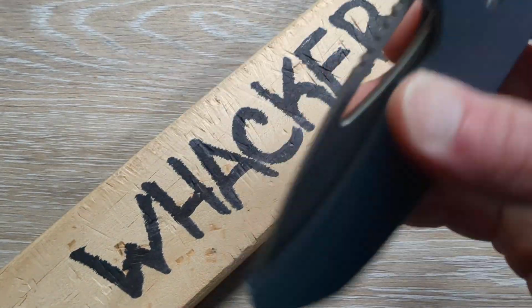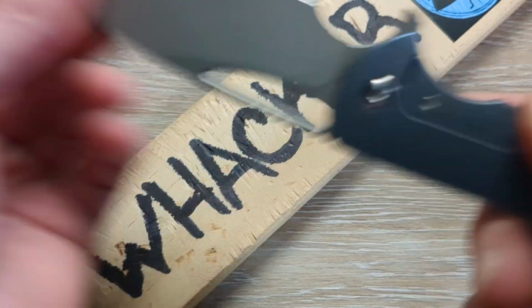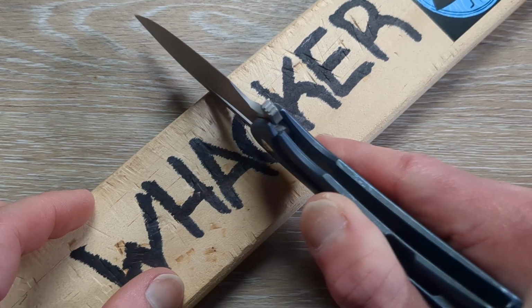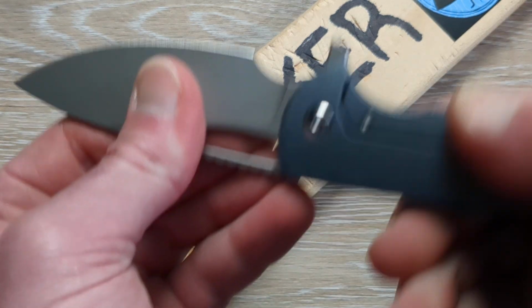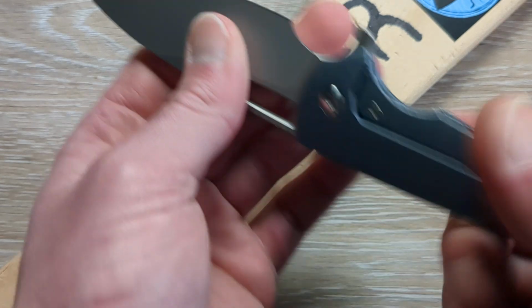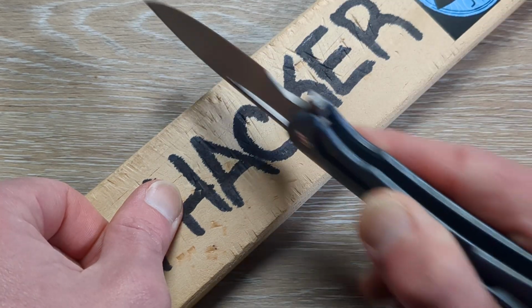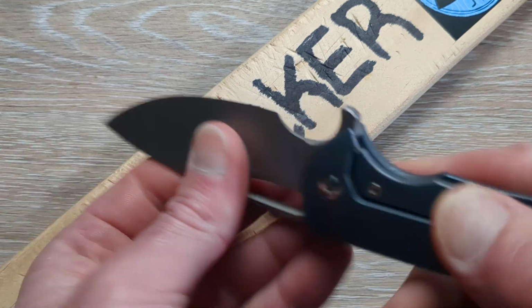So why don't we go ahead and check this edge. We'll check this lock, make sure it is locked up for the person. Whack the camera. Okay, good sign. Positive lockout, and there's no play, I might add, guys. And the lockup looks good. About 30%. Yeah, all spots along the spine there. It is